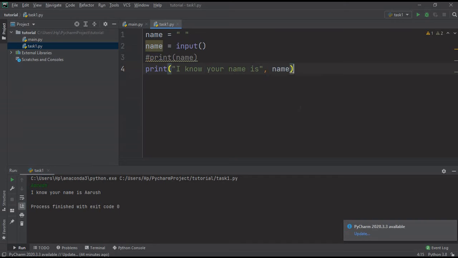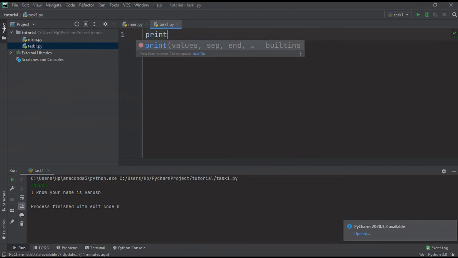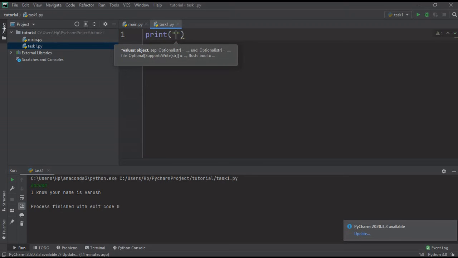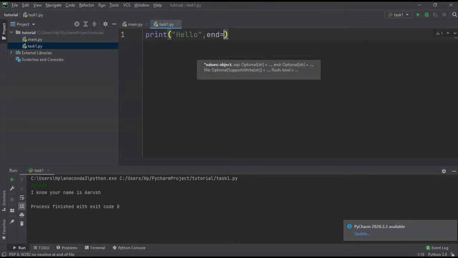Okay. So this is all about the input method. Now next I'll tell you some interesting aspects with which you can experiment with the print function. So again, suppose, now we'll see what happens.